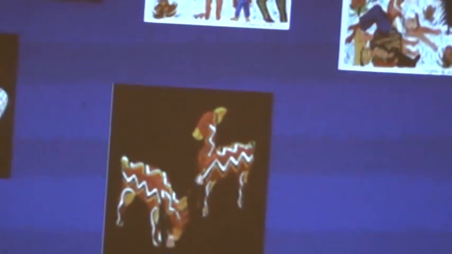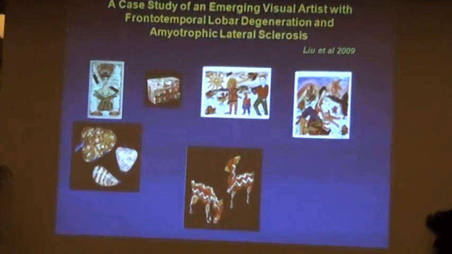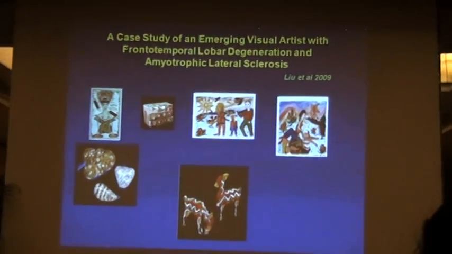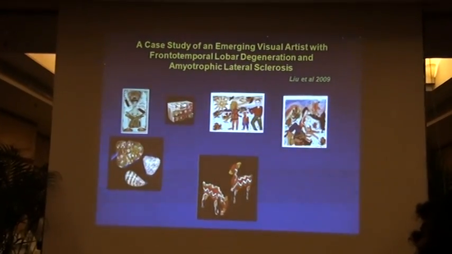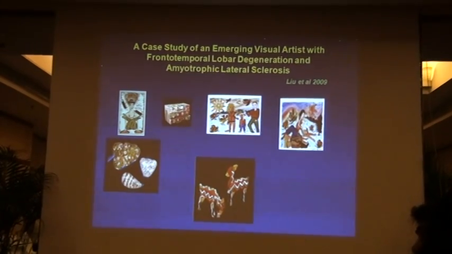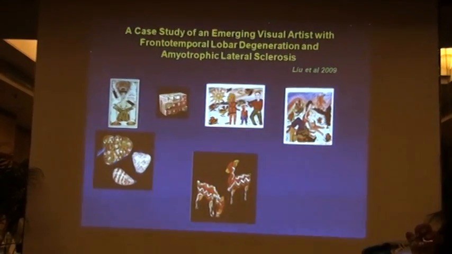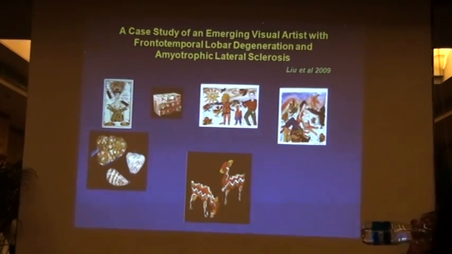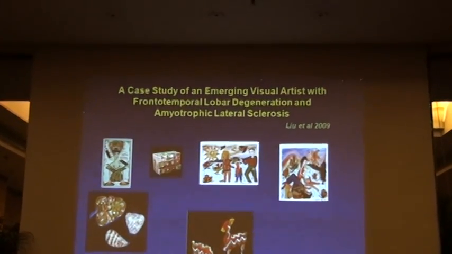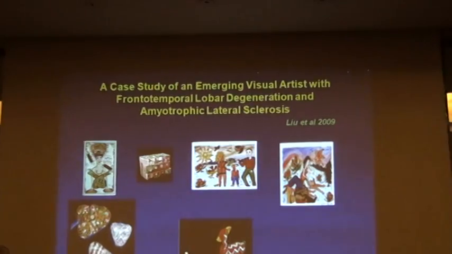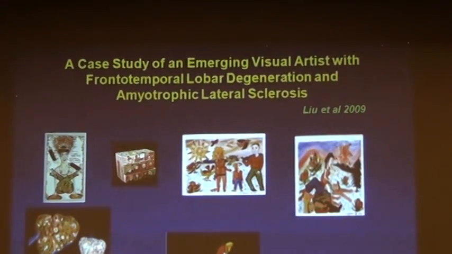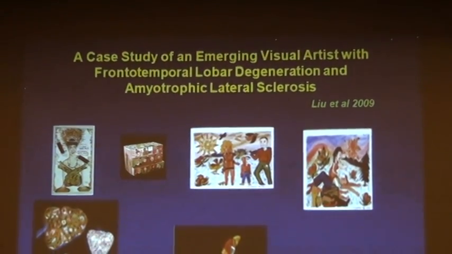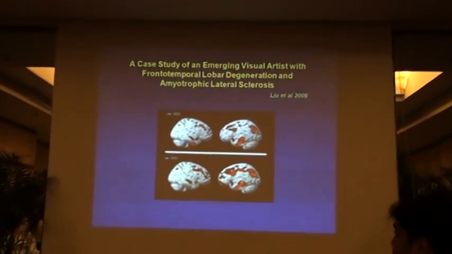But then he developed weakness and wasting of muscles, and he was diagnosed to have amyotrophic lateral sclerosis, which is a form of motor neuron disease as well. And the association between frontotemporal dementia and amyotrophic lateral sclerosis is well documented because they have a common genetic link. In life, and this person continued to paint